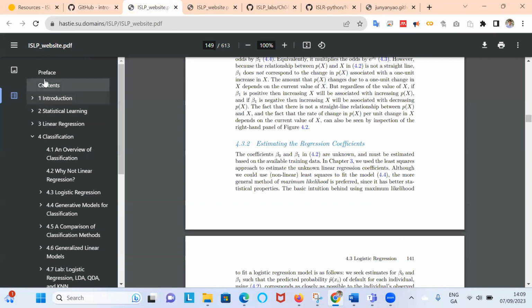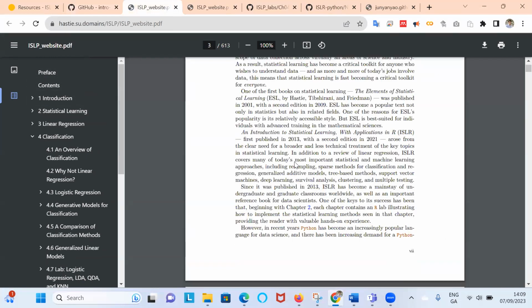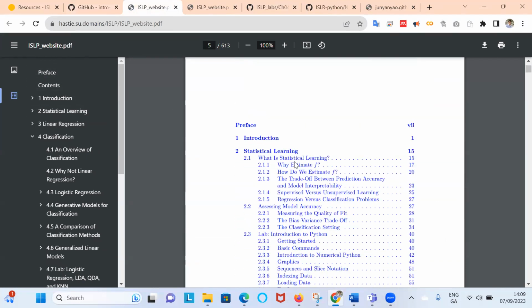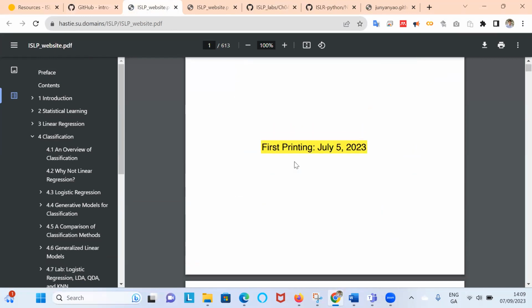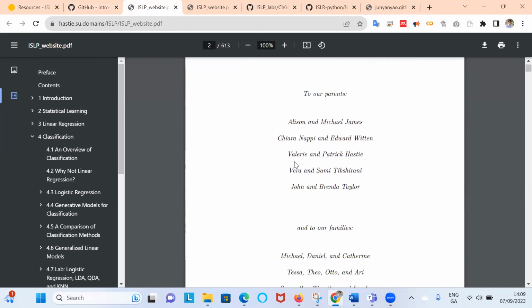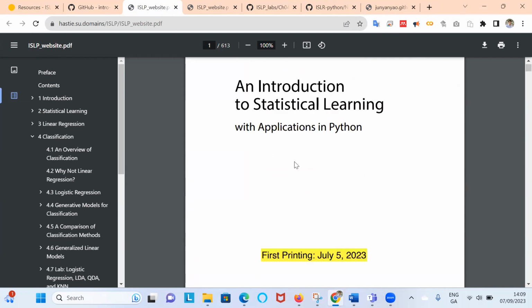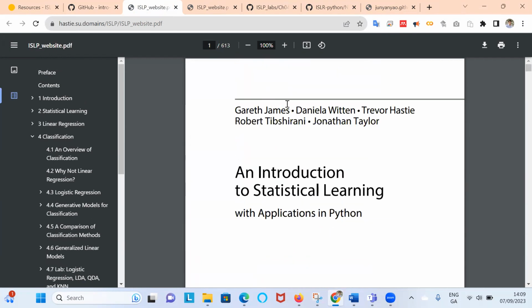Right now, if we just go to the authors, maybe I give them a little bit of credit, and I have their names here. Yeah, Gareth James, Daniela Witten, Trevor Hastie, Robert Tibshirani, and Jonathan Taylor. And if you look up Stanford Online, there's some YouTube clips there available that also track